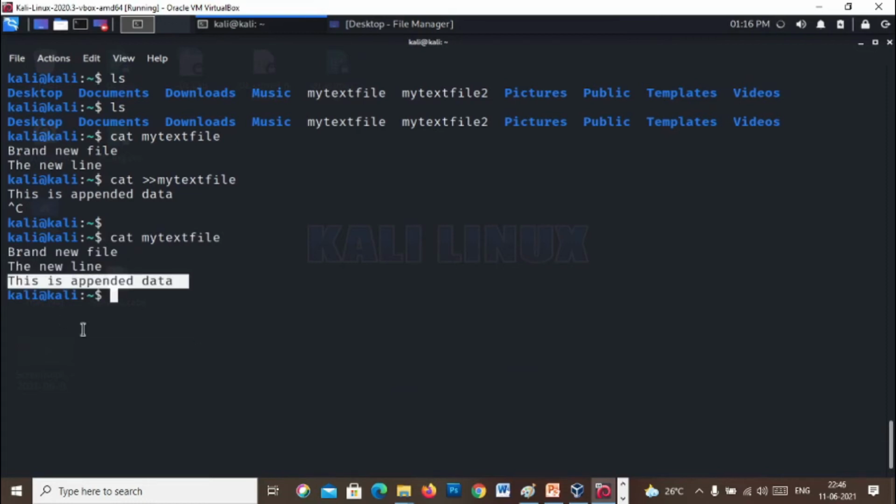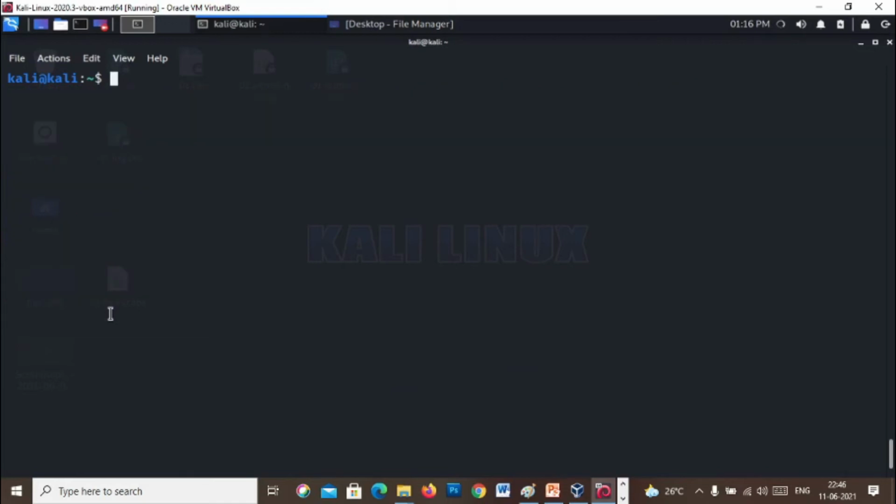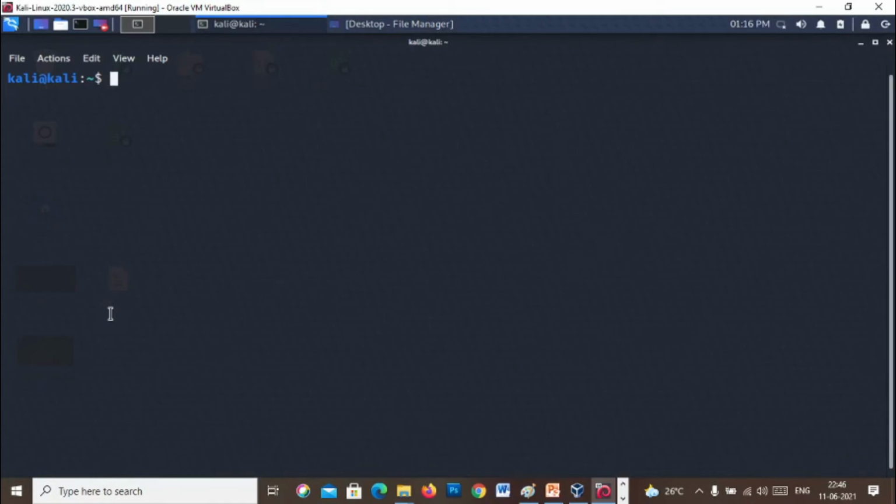What happens if we use a single greater than symbol? Let's clear the screen. You can clear the screen with the keyboard shortcut Ctrl plus L, or you can use the clear command. If we use a single greater than symbol, then what happens?